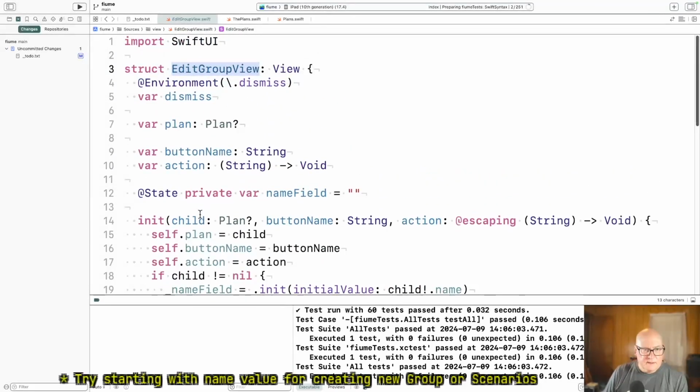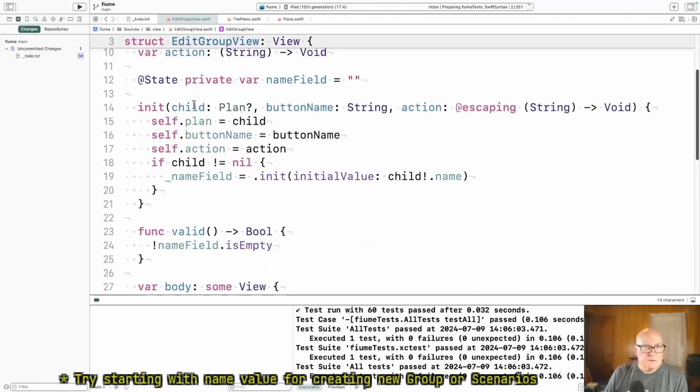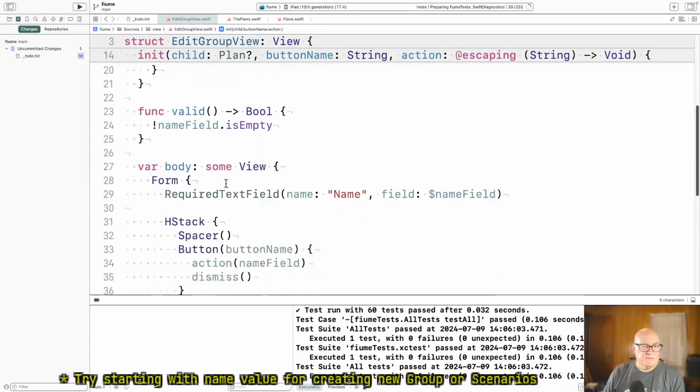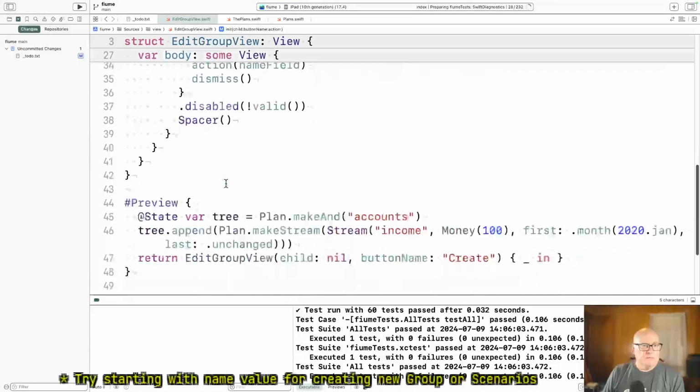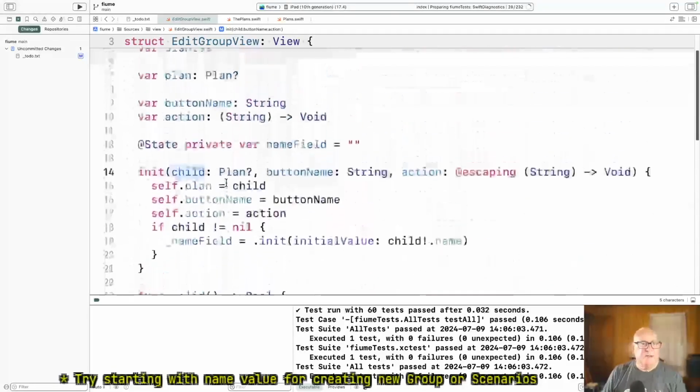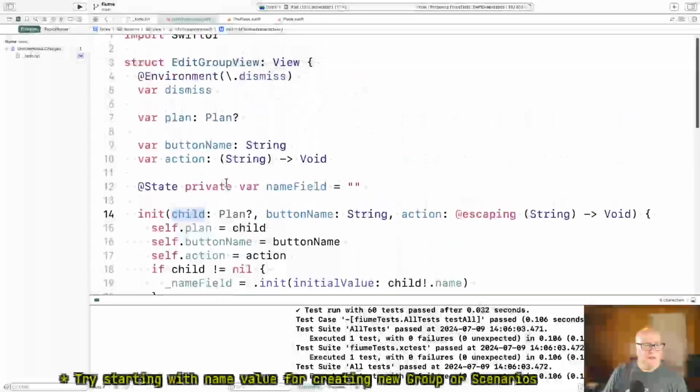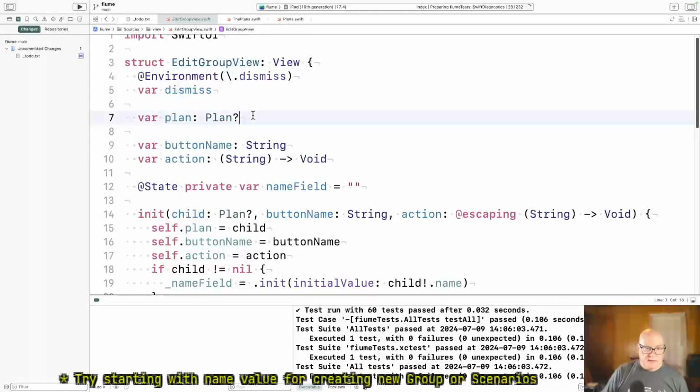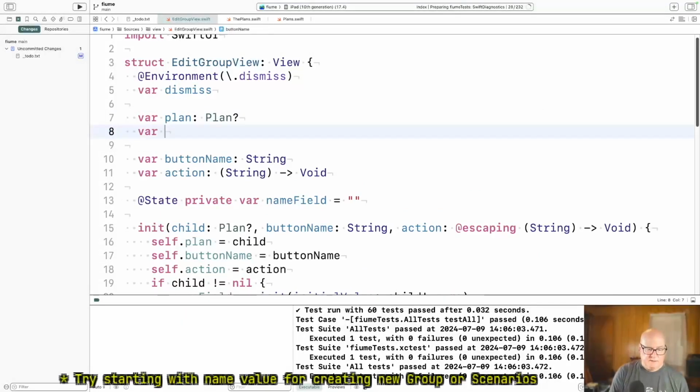Okay, so I think the issue is all we're doing with the child. Well, we don't do anything with the child. We really only need a string. So if we were to pass a string,